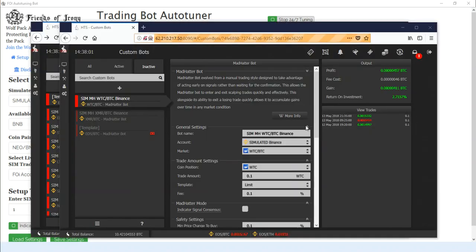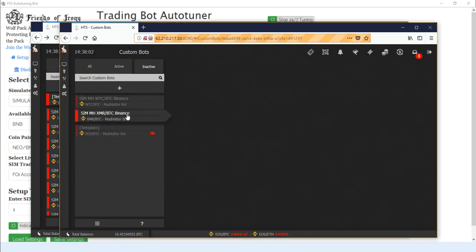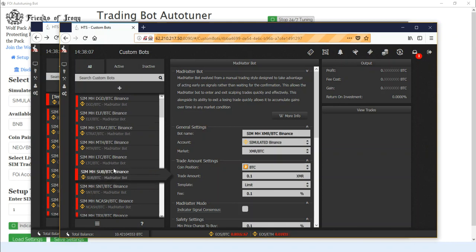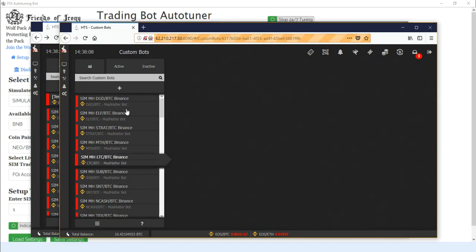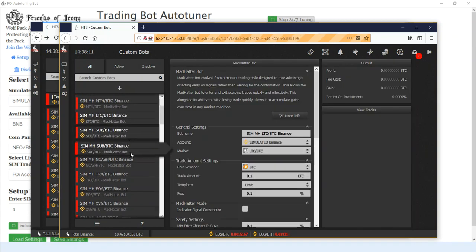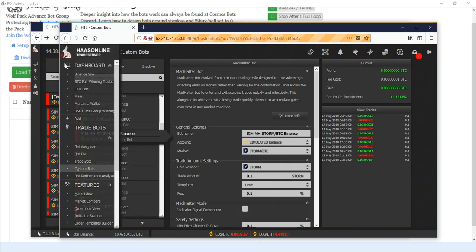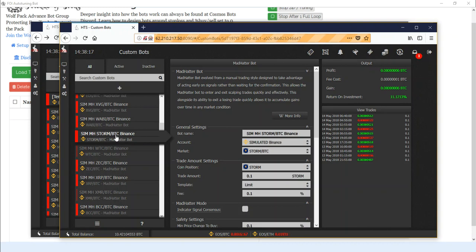Alright, so here's some. Let me look at a few that have maybe some more data in it. Alright, here. So let's say Sim Storm, right? It's been forward testing. We're just going to look at the